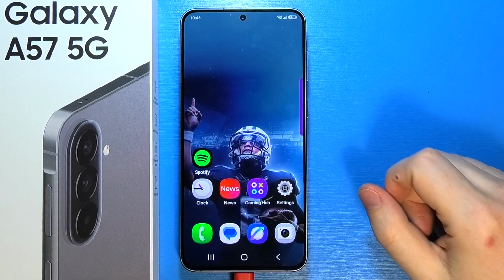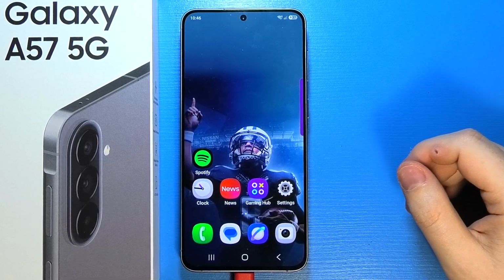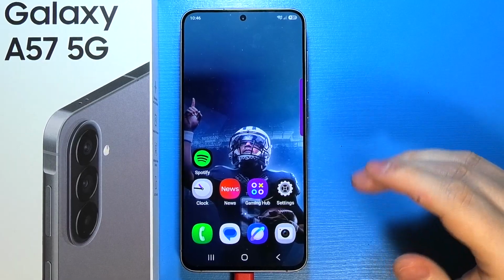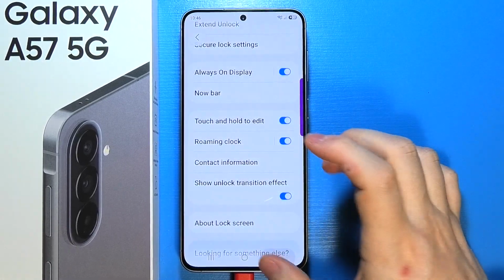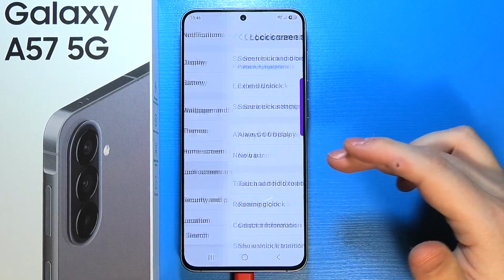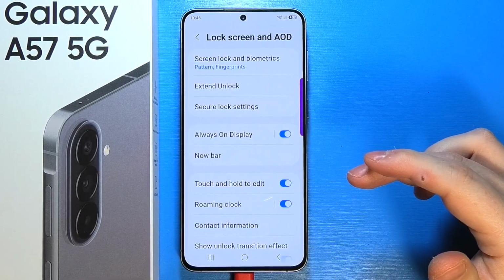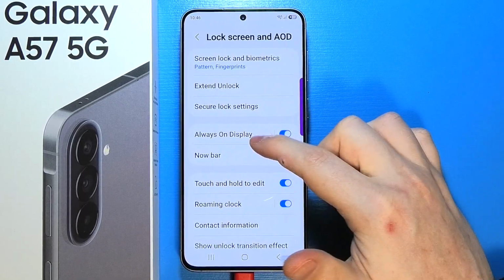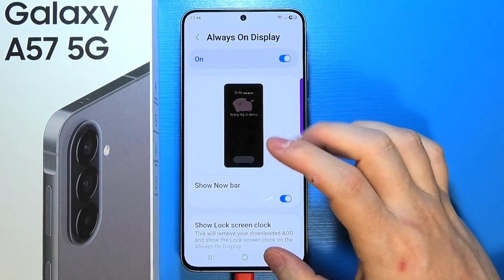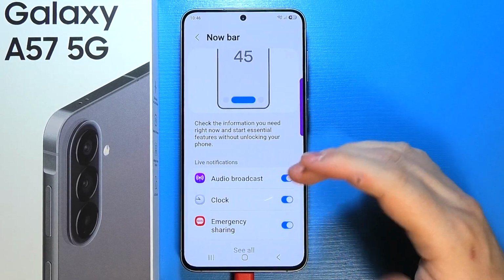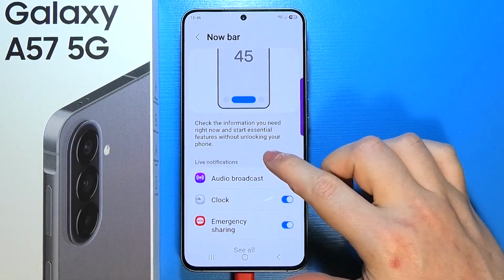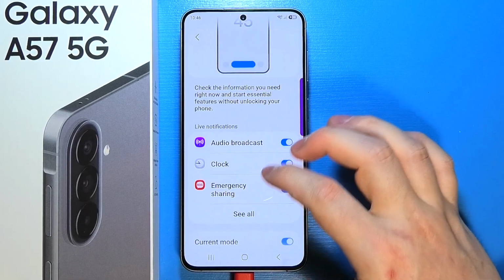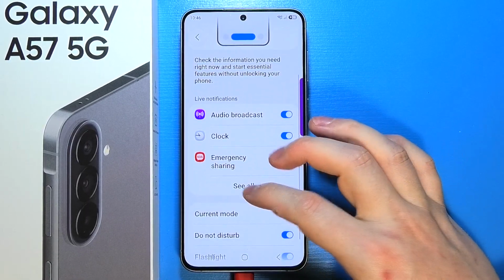To enable and use Nowbar in Samsung Galaxy A57 5G, first of all, we'll need to open settings on our device. We can go into lock screen and AOD, and then we can see Nowbar right here. You can also enable Nowbar for always on display. And to actually use it, first you will need to enter Nowbar settings and make sure that the Nowbar is